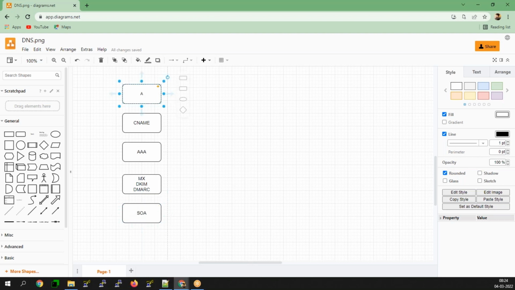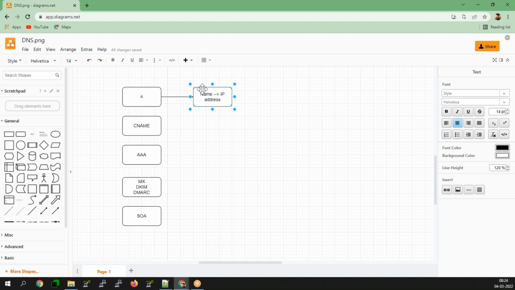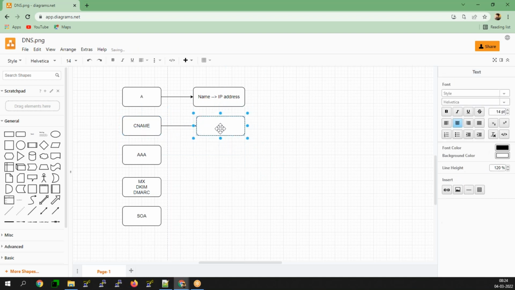Now coming to the A record, it will be helpful for your respective name to IP address. The A record is updated for name to IP address. And the CNAME record is used for aliasing a name.